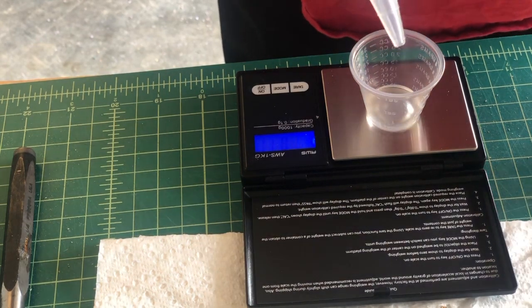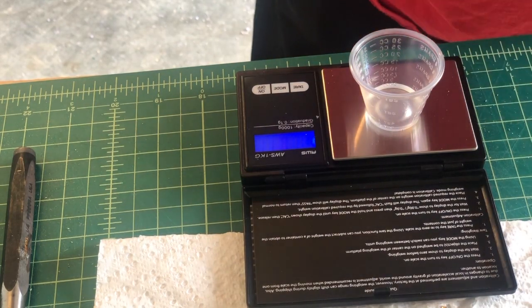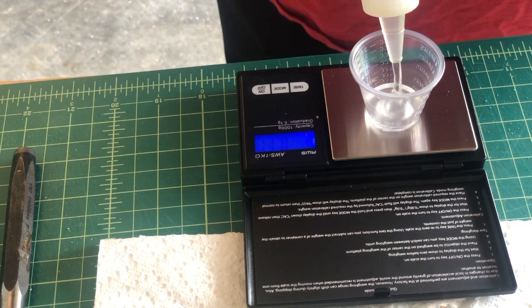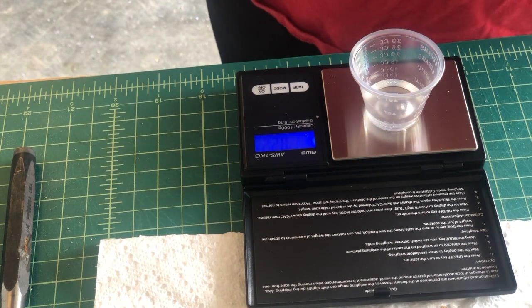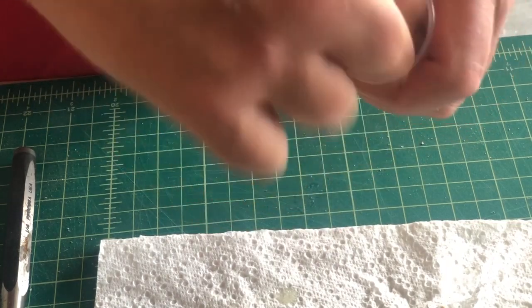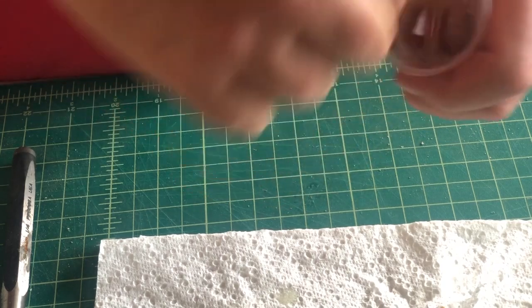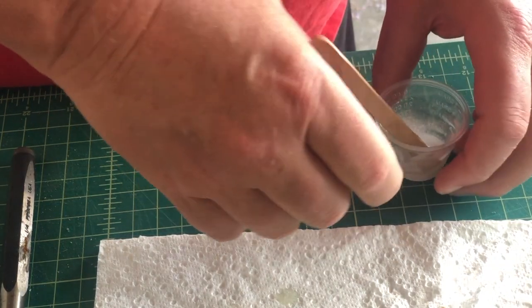It's probably too much, but I'm a little more comfortable with a little more in there to make sure it's even. It's a lot easier to get it even the more that's in there. I use a scale to make sure that it's exact and not just a best guess. I use popsicle sticks. I stir it up real well, scrape the sides, make sure the sides are all clean, and then